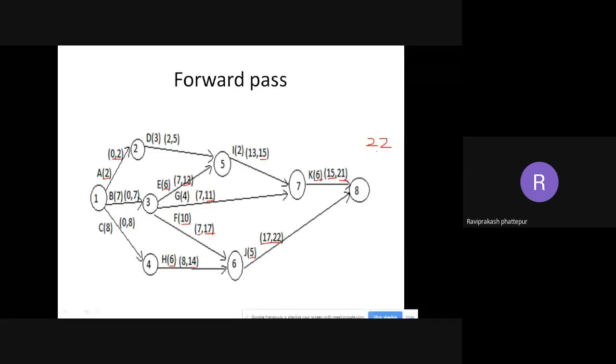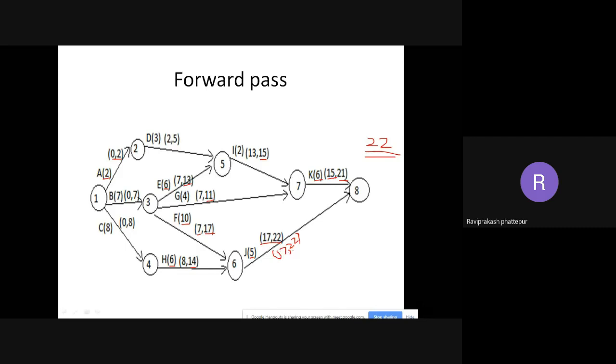So now the backward pass, we are going backward from 8 to 1. Similarly, from 8 to 1, I need to take the maximum. I told you the maximum is to be taken. So the maximum is 22. First we write the end side: 22 will be written here first, then comma, and the start will be 22 minus 5. How much is 22 minus 5? Can everybody tell me? Yes, students. I want the answers instead of just me telling you. 17. Right, 17 will come here.